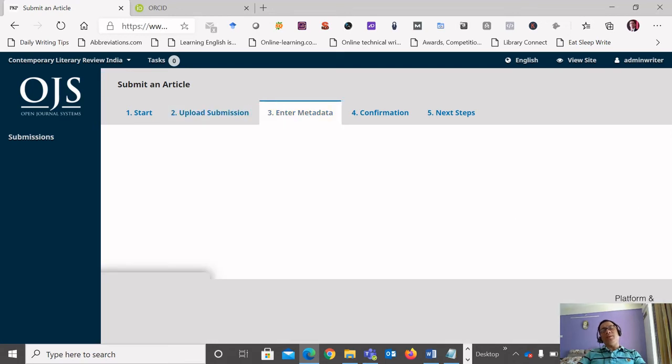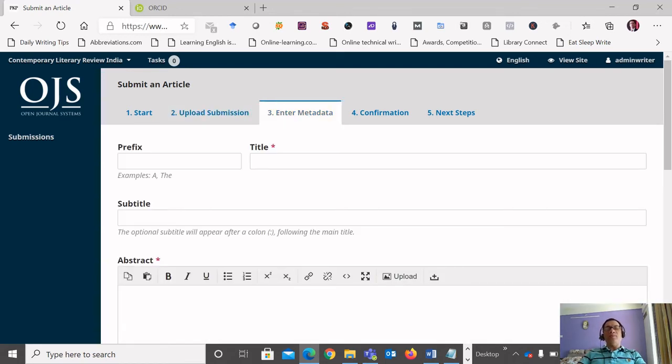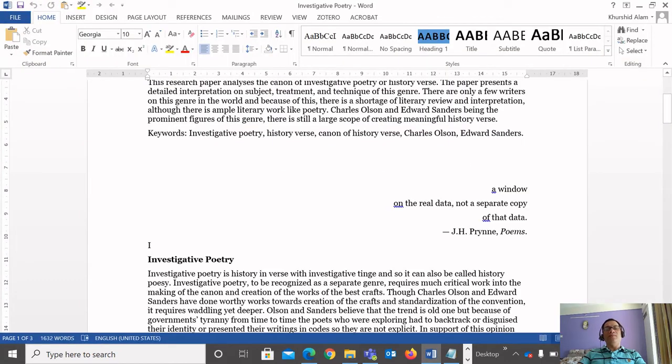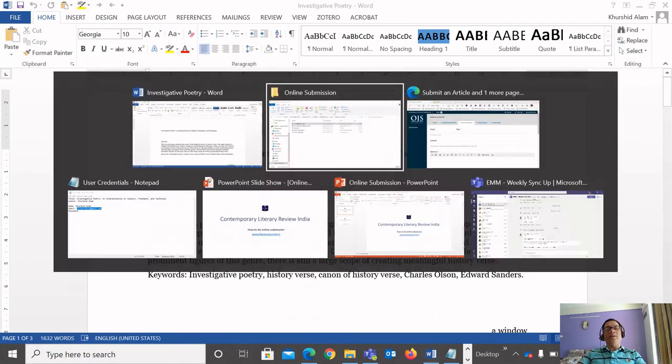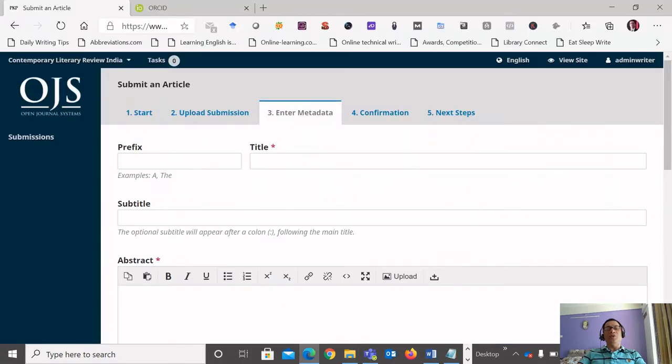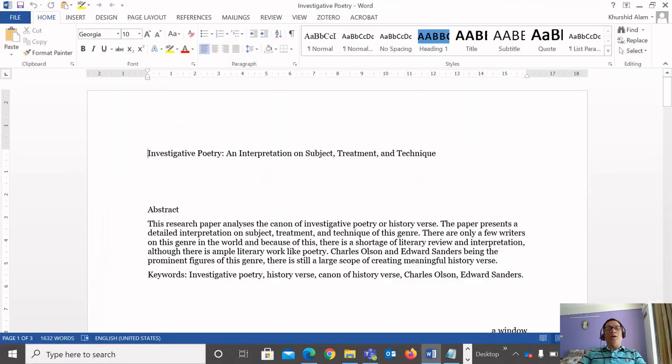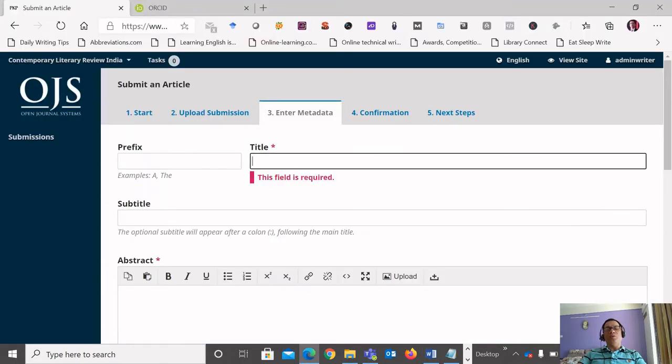So submission upload is done. Now I have to mention the metadata of the article that I am going to submit. So for that, I'm opening my file so that I can enter this information here. In title, you can see title is marked as mandatory field.